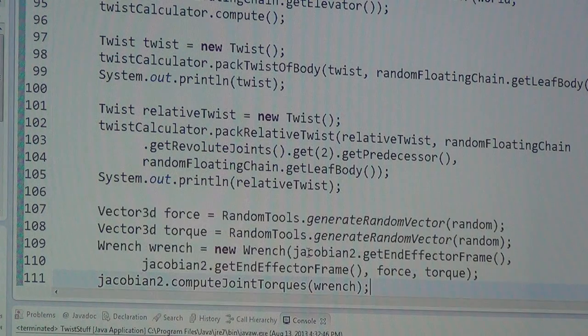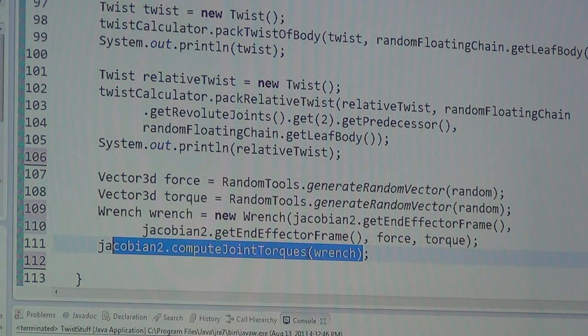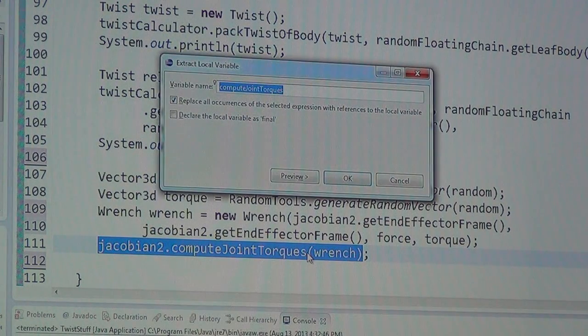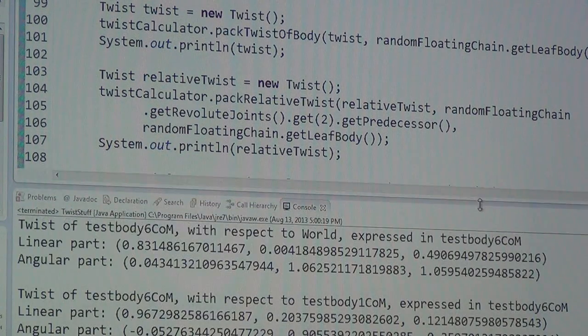So that's our random wrench. And then this is going to result in a vector or the dense matrix 64F with our matrix library. Torques. And this is probably not going to work right now because of reference frames not matching. Because we had that wrench which was expressed in body frame,